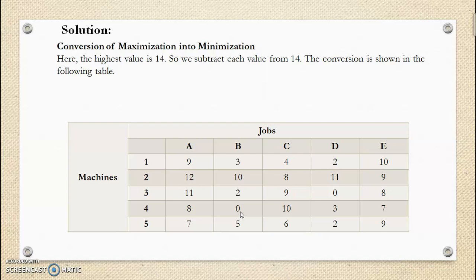Now the next step will be row operation. So for row operation we select the smallest value from each row and subtract that value from each of the row elements. Similarly for other rows, smallest values are selected and that value is subtracted from the respective row elements.